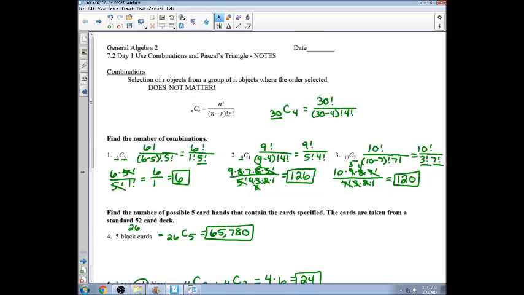Otherwise, the most important thing to remember here is that for combinations, the order does not matter. Here is our formula for combinations. Make sure that you know that, okay? If you need some help about the number of different types of cards there are in a standard 52-card deck,